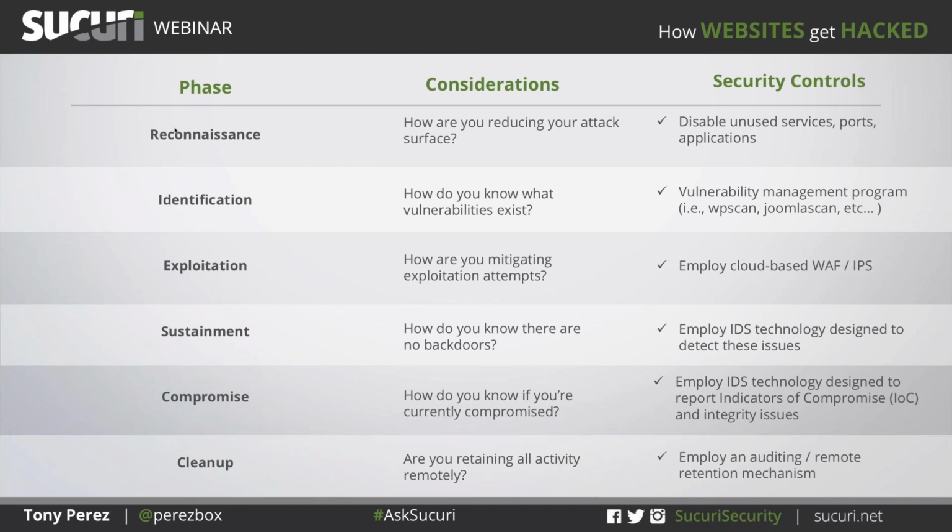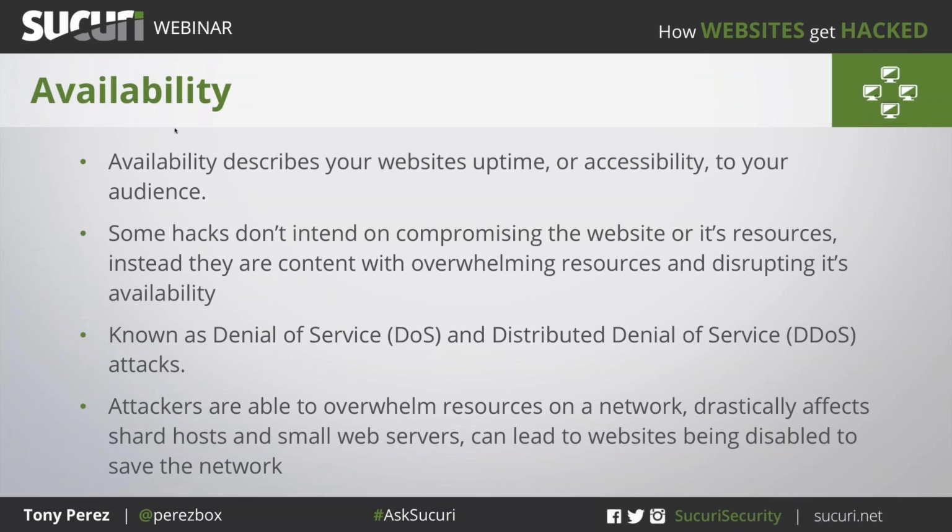There's one attack that isn't necessarily compromising your environment. It targets your availability. By availability, I mean the accessibility of your site to your audience. So, someone types in your domain and they want some information back. What we're seeing is a slow growth in things like denial of service attacks or distributed denial of service attacks. The intent is different. When we look at traditional hacks, the hacks are designed to compromise this environment and do something with it.